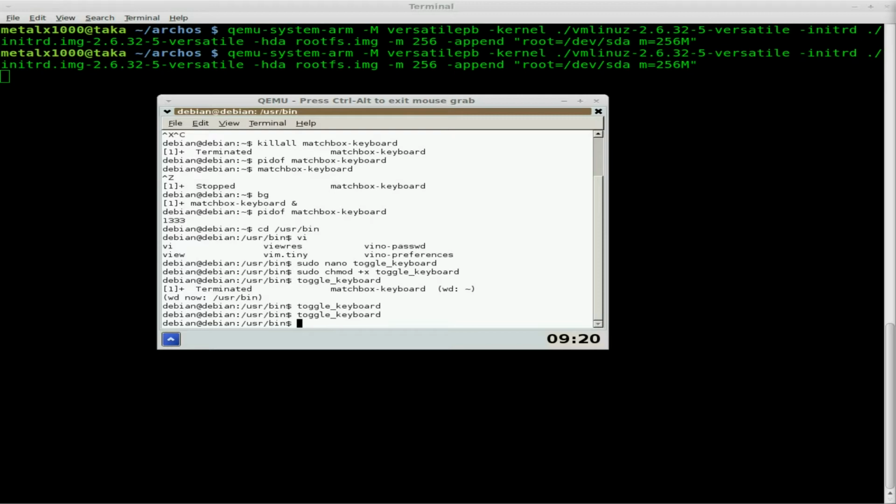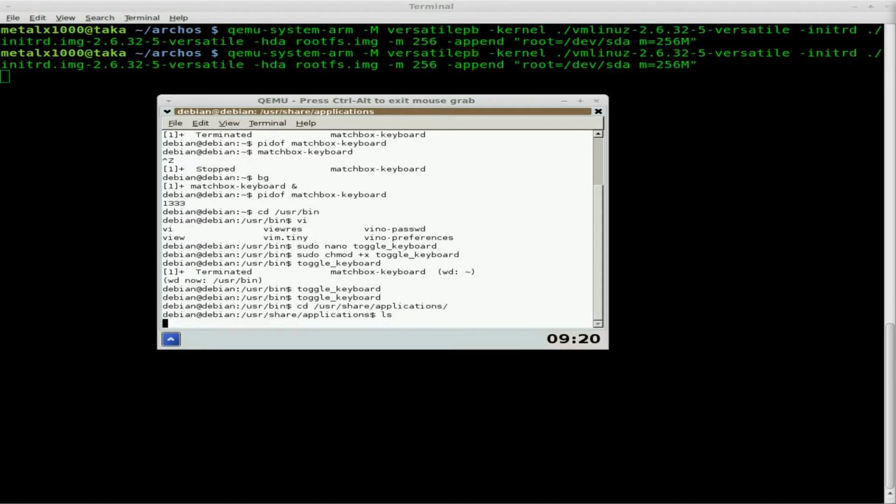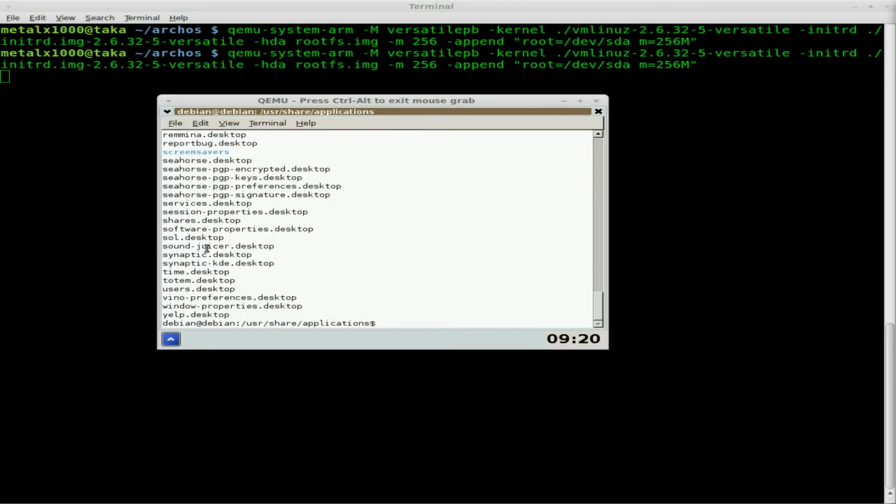So next thing we're going to do is go to a folder called /usr/share/applications, and this is where a bunch of desktop files are, and these are what our buttons on our desktop or in our menus come from. So what we're going to do here is say sudo nano, and we're going to create one called toggle keyboard dot desktop,